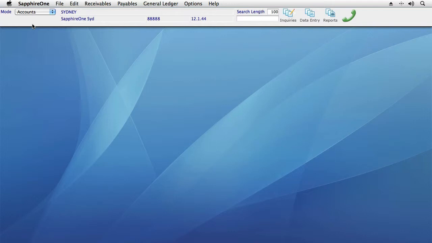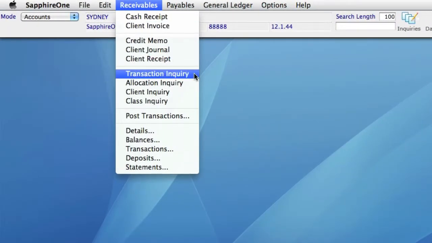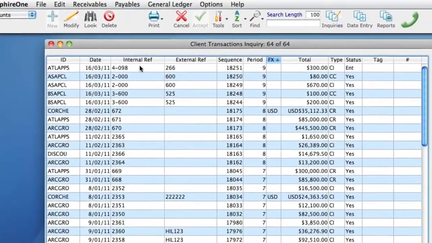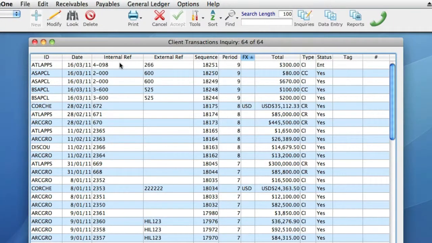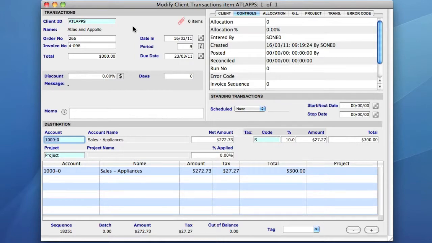If I need to amend a transaction that has not yet been posted, I can simply modify the original data entry. To do this, I go to the Receivables drop-down menu and select Transactions Inquiry. SapphireOne then presents me with a list of all my current transactions. From this list, I select the transaction that requires adjustment and then choose either the Modify button here on the toolbar or use the keyboard shortcut Command-M on a Mac or Control-M on a PC to open and make changes